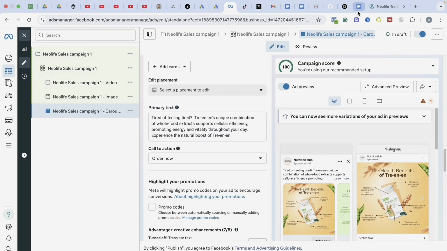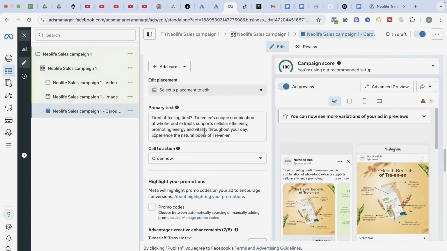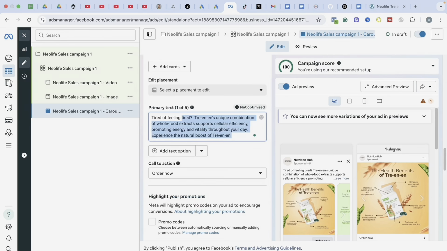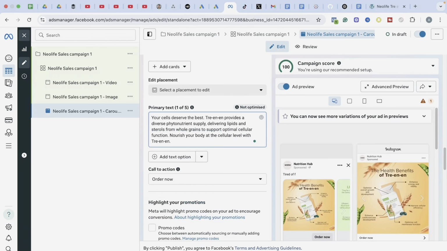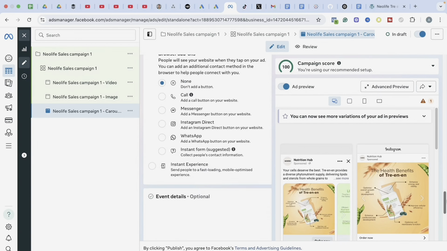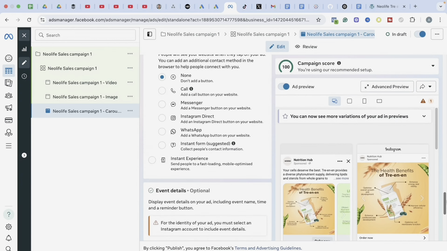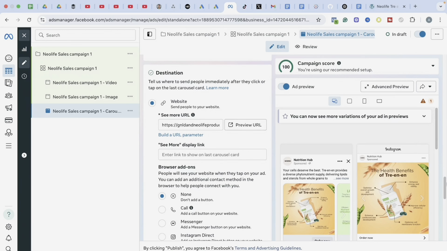So before giving it a headline, let me change the primary text. I'll go to this place and copy the third primary text that I've written here, and I paste it under primary text. If you do this, you are going to get a result with your small budget on Facebook ads. You just need to be patient and test this right and test it well. You are going to get a result. So the next thing I need to do, I will leave my URL the way it is. I still want to direct people to the same URL.